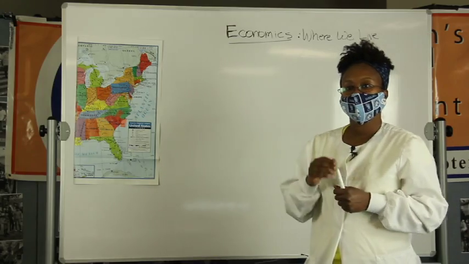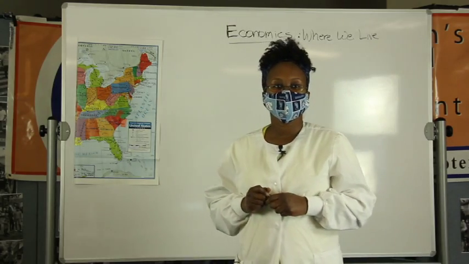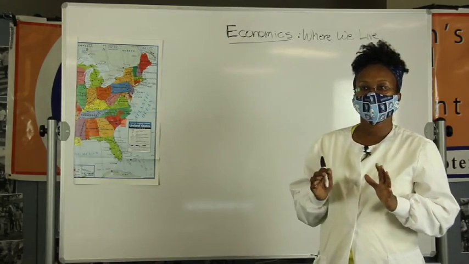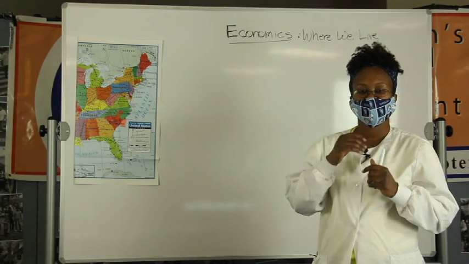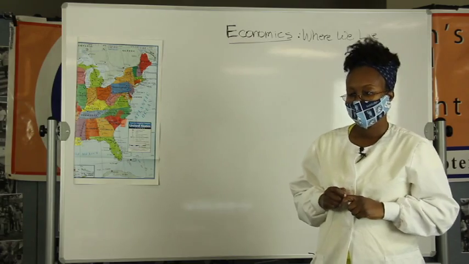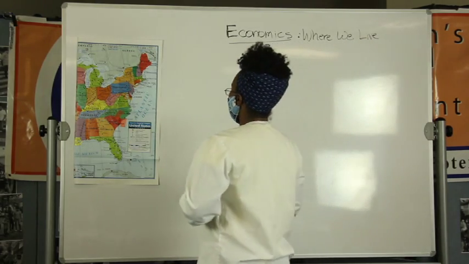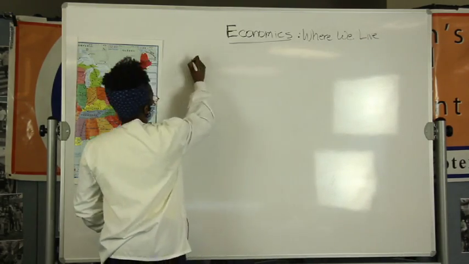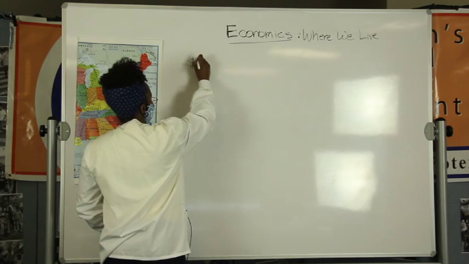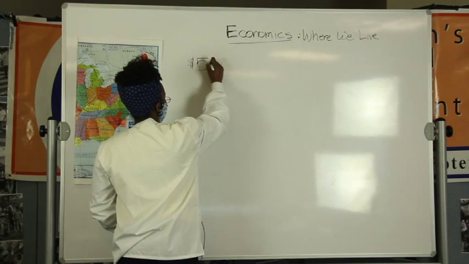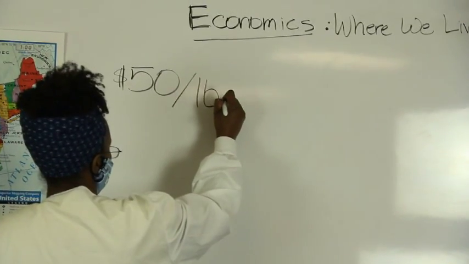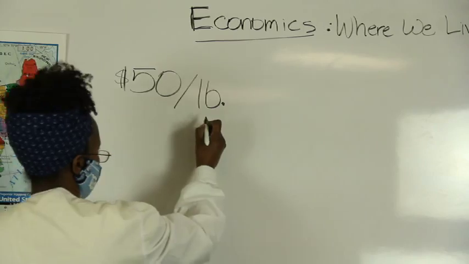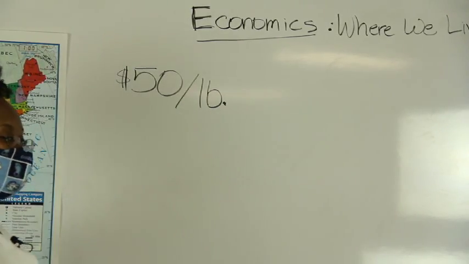Okay, so now let's talk about all of the people in the area that are going to sell fresh seafood, because we have a large supply. Now, what if these sellers say, well, maybe we should sell it for $50 for each pound? That's the abbreviation for pound. For each pound,